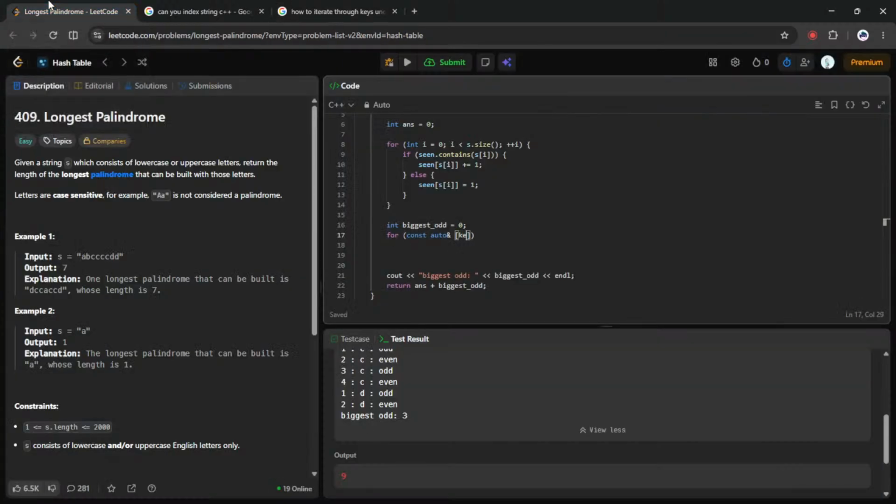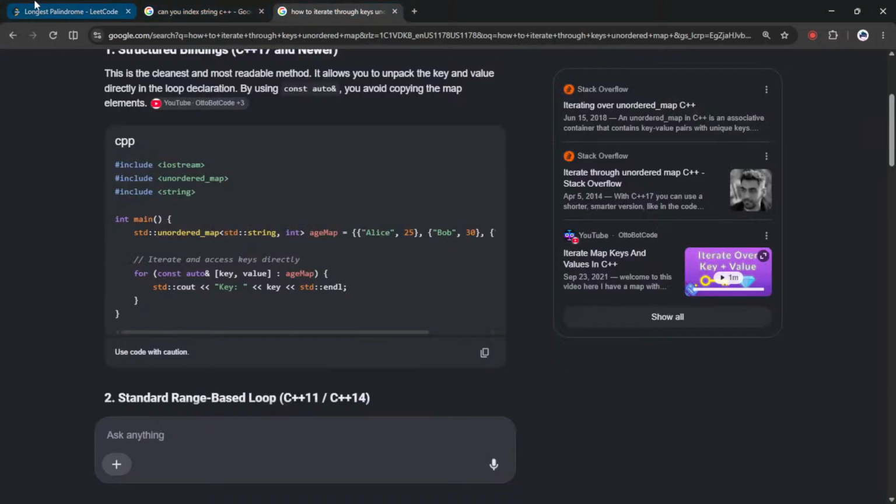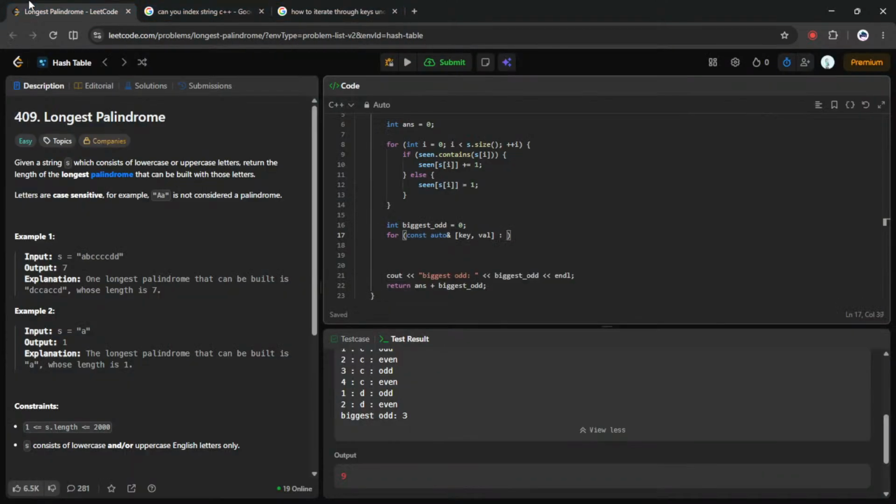So it's a key val inside of scene. And if value mod 2 doesn't, so if it's an odd number,